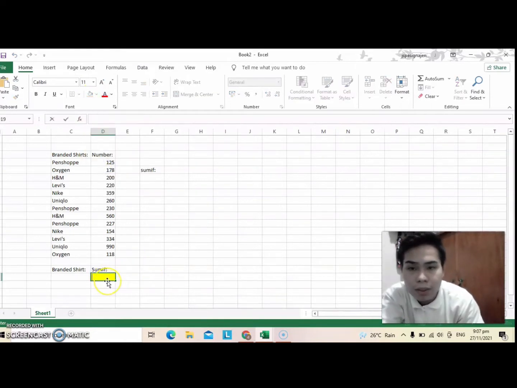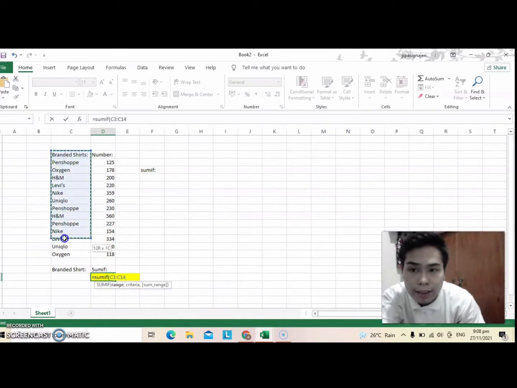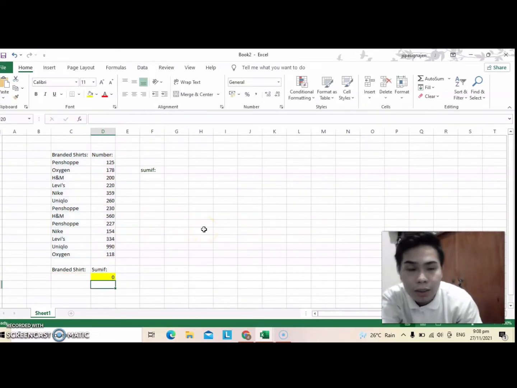So for this, you will just put equal, the function SUMIF, open parentheses, and you will just highlight this column and comma, and this cell for you to put a type of branded shirt and to know what's the value of it. So comma and highlight this number and close parentheses, and so for this you will just get 0 or no value because there is no type